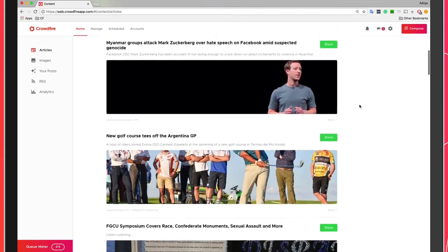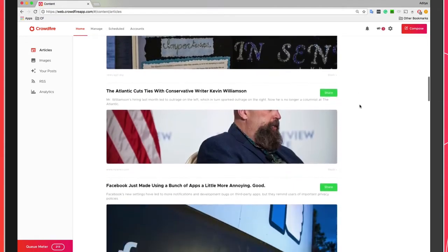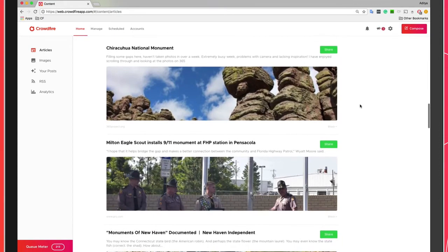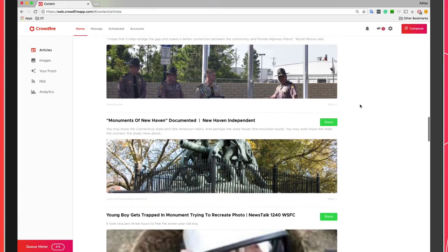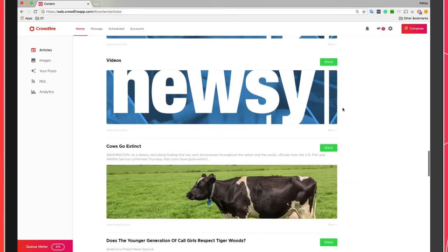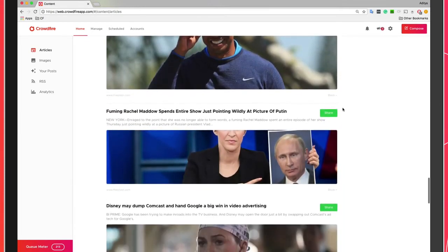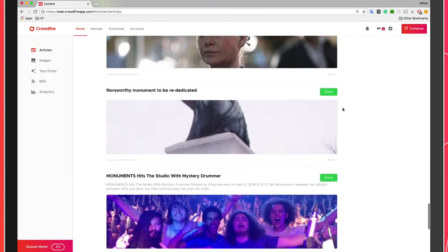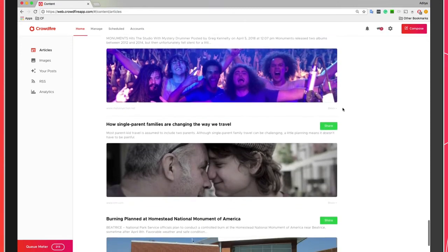Choosing the right topics is a very important step. It helps Crowdfire in fetching relevant content for you, content that will resonate with your audience and bring in more engagement. In case you find posts that are irrelevant, simply click on the block at the bottom right of the posts. This will make sure Crowdfire does not recommend posts from that source again, and also helps Crowdfire learn your preferences to make your future suggestions a lot better.